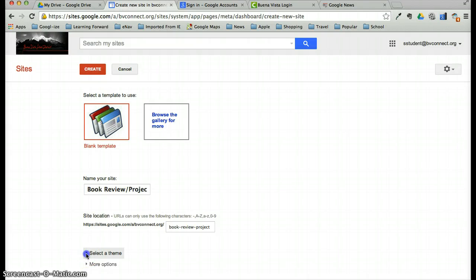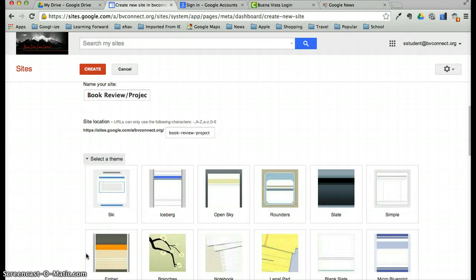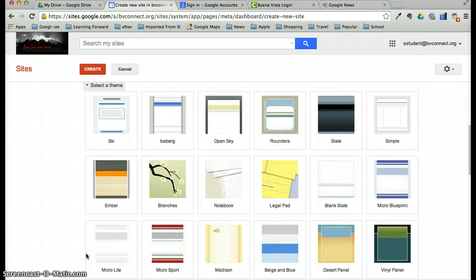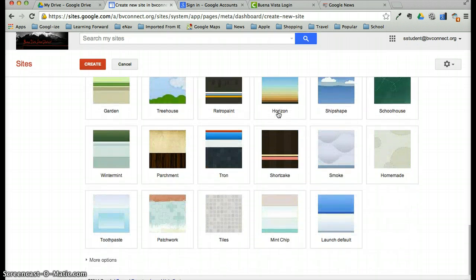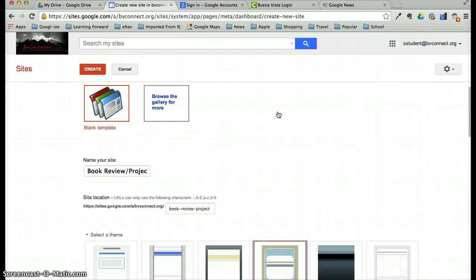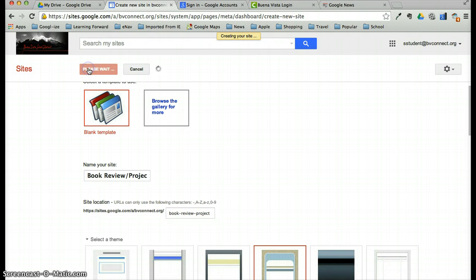I think I will go ahead and select a theme. I'm going to click on the down arrow and I'm going to come down here and just choose a very simple one. I think I'm going to choose this Rounders theme. And you can see they have many more, but those are all of my options. And I'm going to say I'm done now with the basics, and I'm going to press Create, and Google will